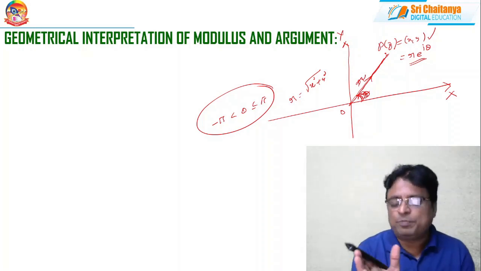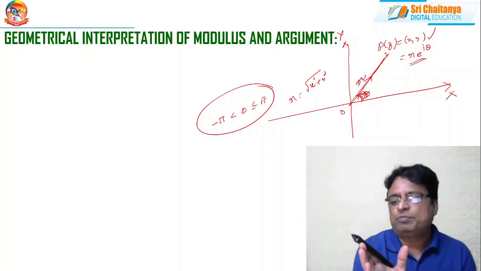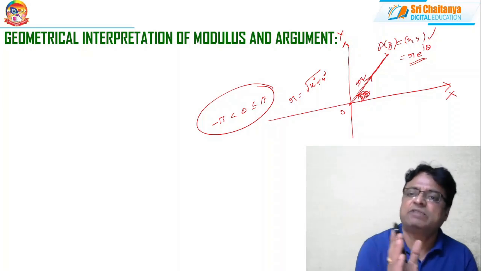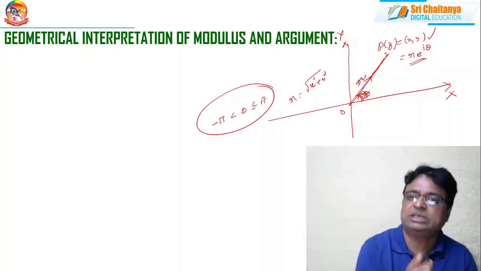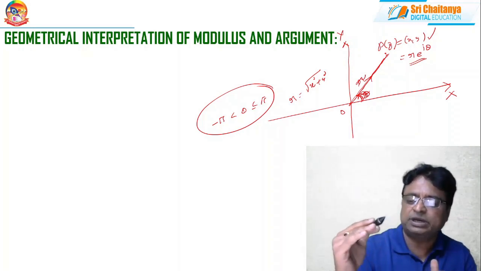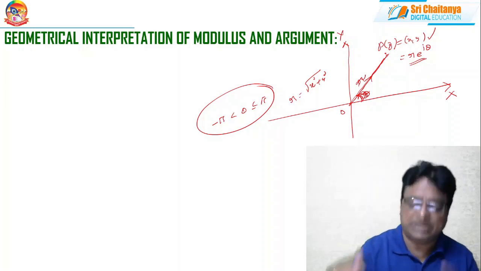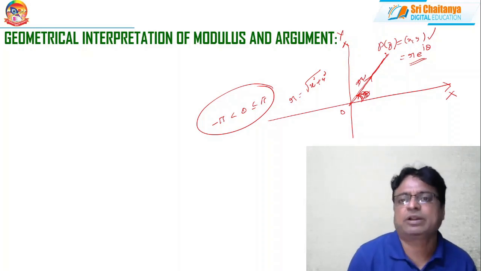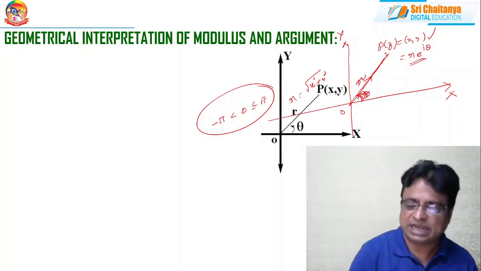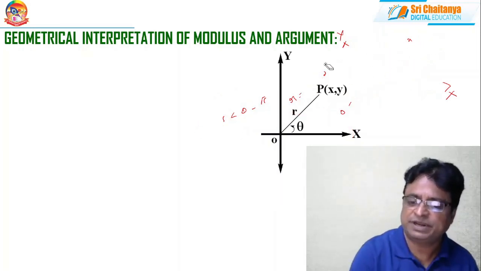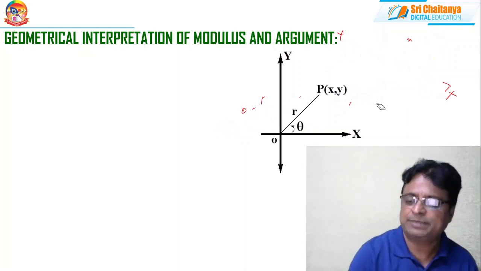So here this is the geometrical representation of modulus, and here this represents the geometrical representation of argument. The line OP, or the vector OP, which makes an angle in the anti-clockwise direction with the real axis is called the argument, and the distance between the point P, the corresponding point of the complex number, and the origin is nothing but the modulus. This is the geometrical interpretation of modulus and argument. Okay, my friend, this I have mentioned here and shown here very clearly through this diagram.